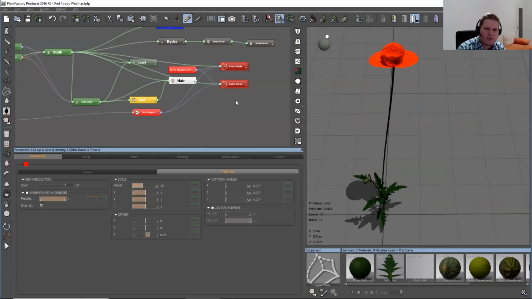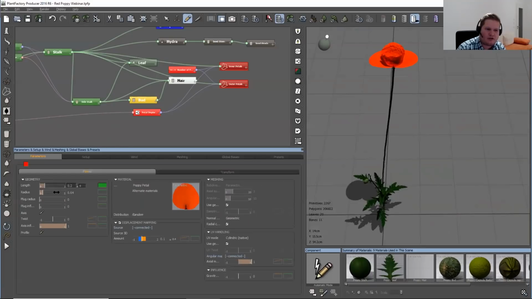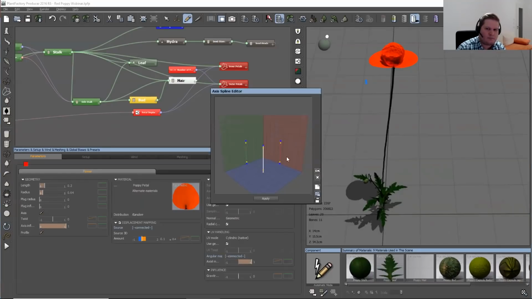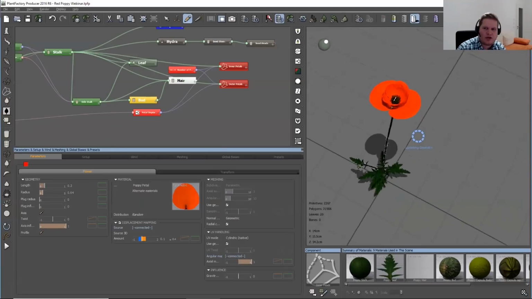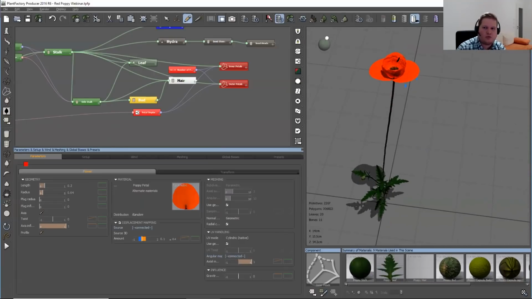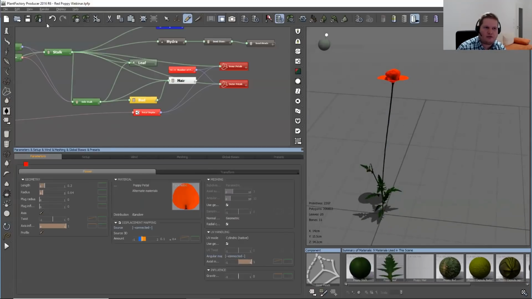And since the flower node doesn't have influences such as curl or direction, we will need to find a way to build different axes for creating randomness to our petals. And so we will create a meta node tomorrow, which will bend our petals into different axis directions. So as a final result for today, let's save this out and create a couple of variations to see what